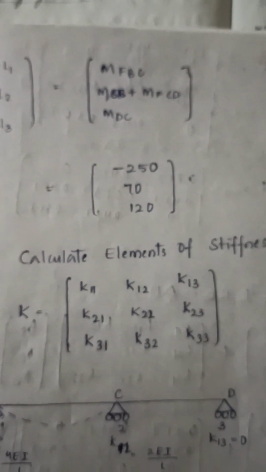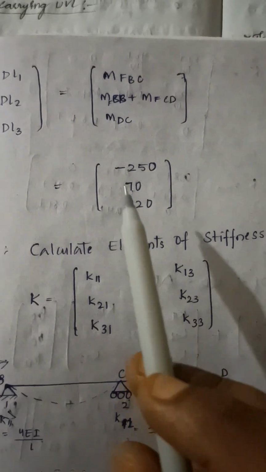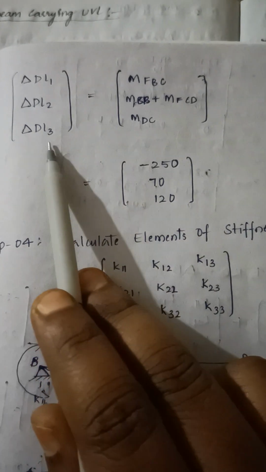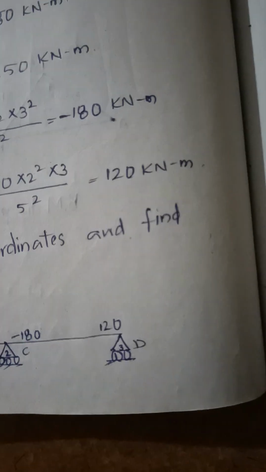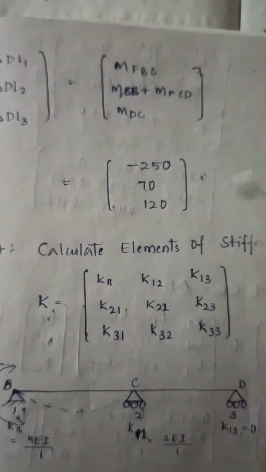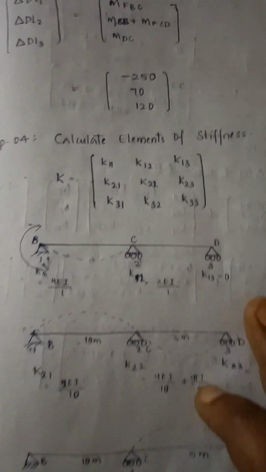MFCB plus MFCD, 250 minus 180 is 70. Then finally delta DL3 is nothing but, at the third coordinate, how many moments we have? Only one, 120. So MDC is 120. Next step is to calculate the